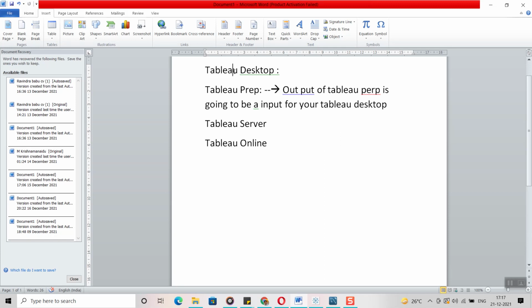Means how these products are performing in terms of sales or profit, how much revenue we got in this month and what is the revenue in the previous month, like the previous year on the same day, how much sales we got. So we are going to represent the data in different formats, and by looking at the data, these users are going to take decisions on what they still need to improve to increase their sales, their profit, their revenue.